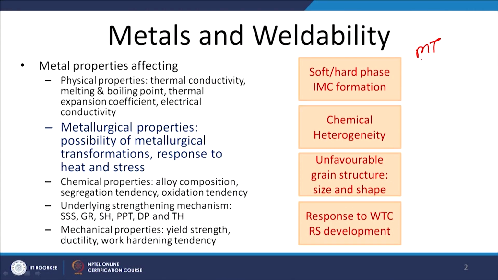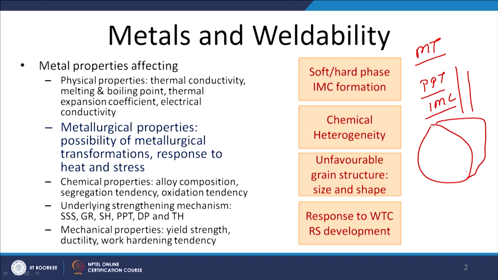Sometimes what we see is that during the metallurgical transformation, some precipitates are formed, or sometimes intermetallic compounds are formed, and the formation of these precipitates and intermetallic compounds either in the weld metal or in the heat affected zone will lead to localized enrichment or deficiency of the alloying elements. Like say this is one grain, this is another. So, we may notice that some of the precipitates enriched with a particular element are being formed at the grain boundary, while the grain is getting a deficiency or depletion of that particular element.